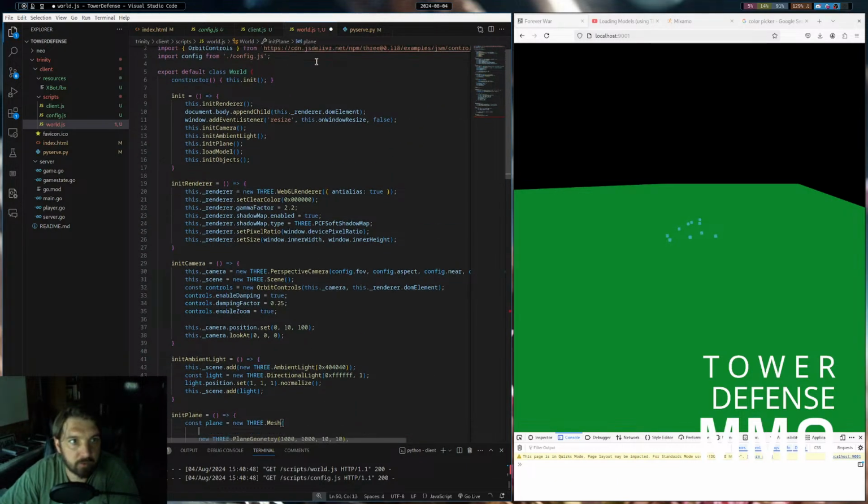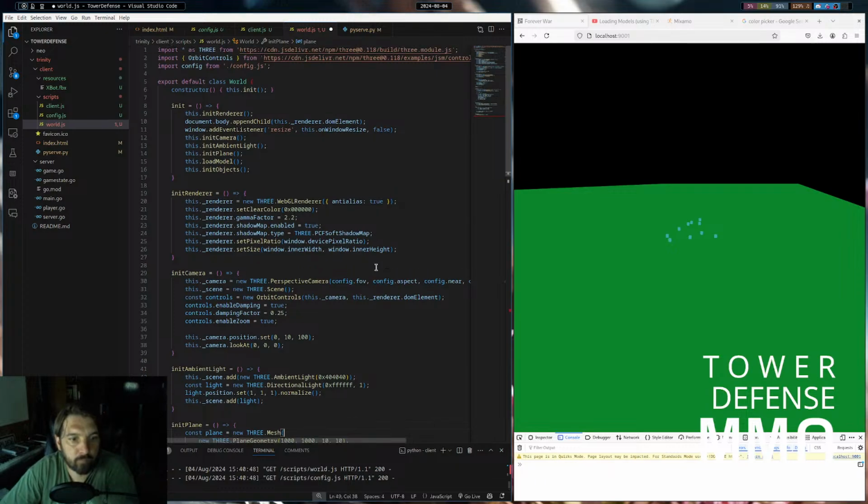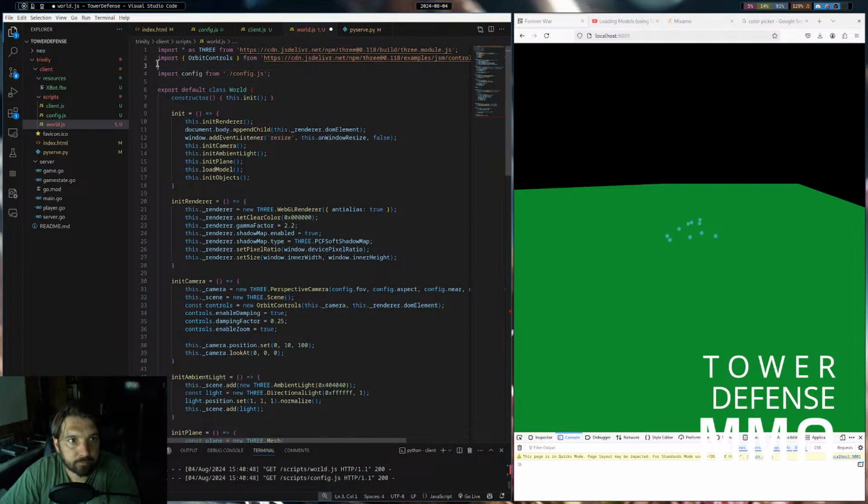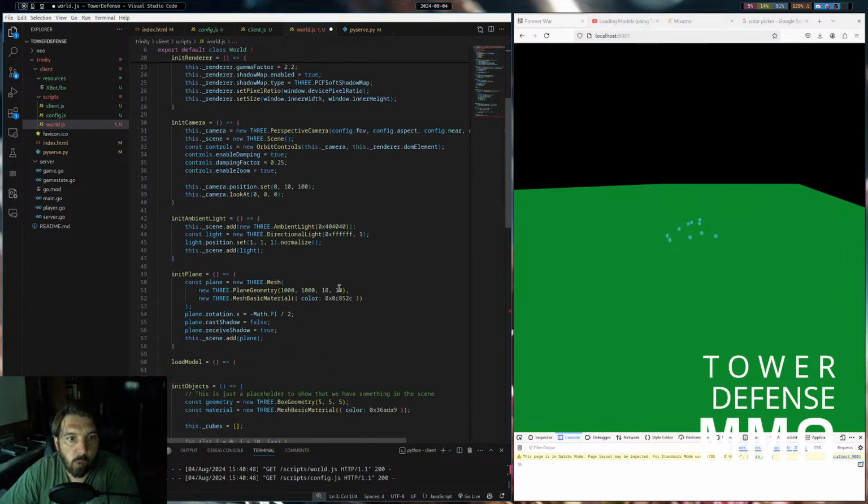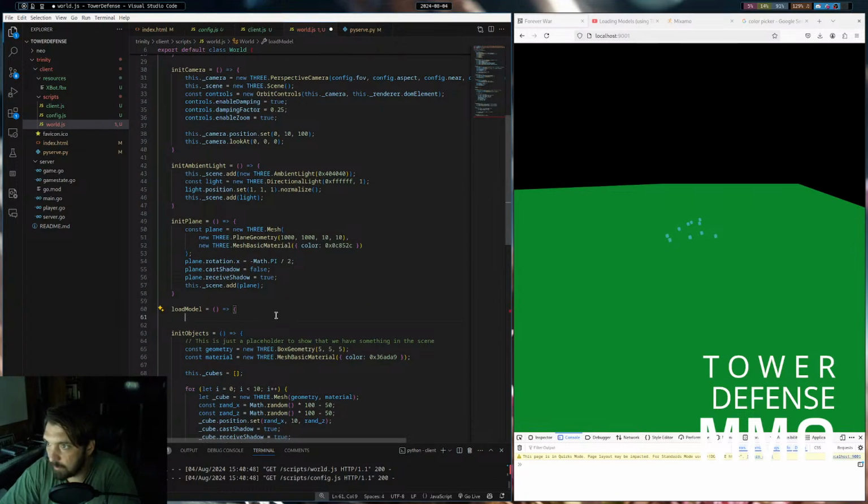So I actually need to say import FBX loader, and then const loader equals new FBX loader,